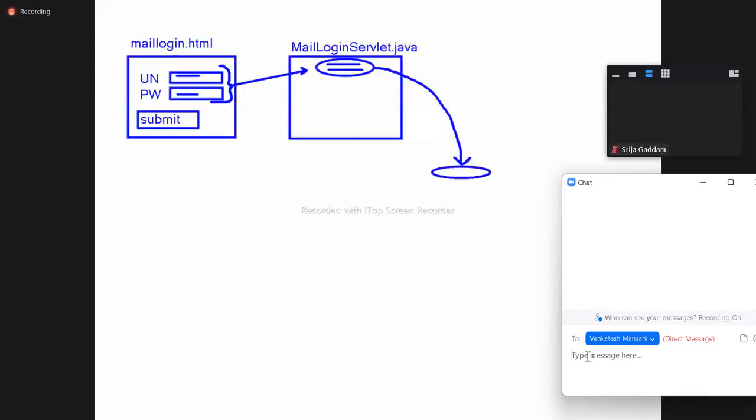Here, the database. It will check whether the username and password exist. If they exist, suppose, if they exist,